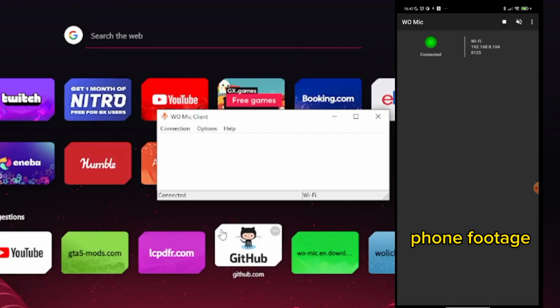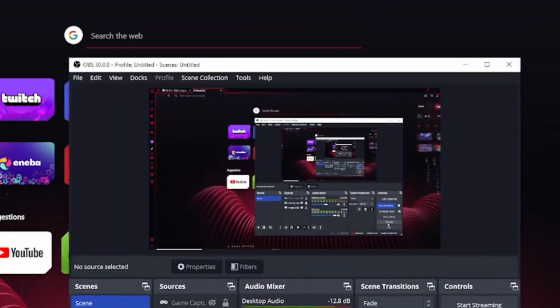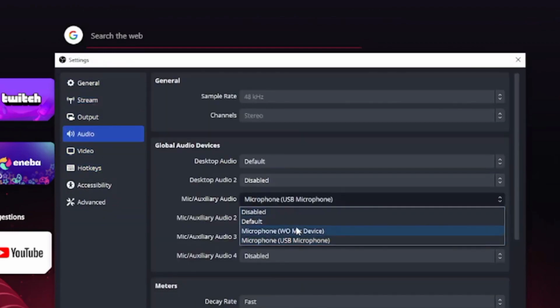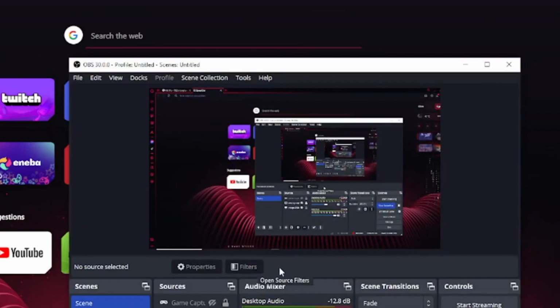I'm gonna do this, and we're gonna try on this. So I'm just gonna go on my OBS. It's my OBS Studio. On OBS Studio, I'm gonna go to audio. You see this, I have two mics, the WO Mic device and USB. This is a dedicated mic that I'm using right now. I'm gonna switch to it. You're gonna hear the audio difference because now I'm actually using my phone to actually